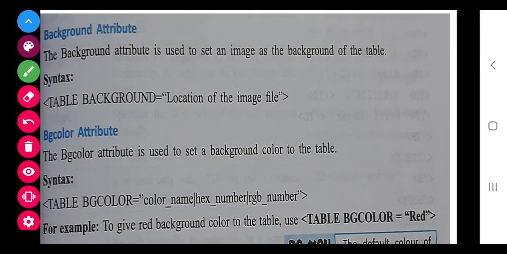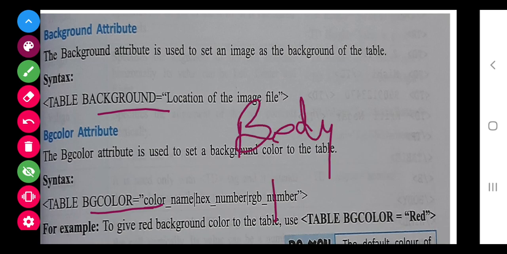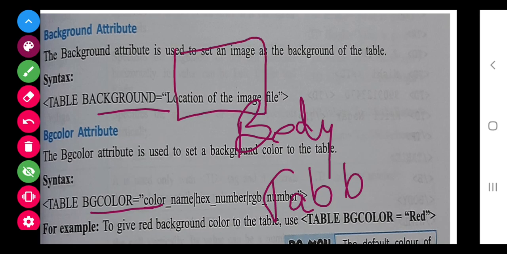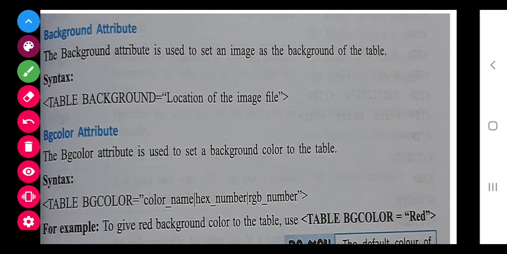BG color again, we can have BG color also. Background and BG color are two attributes of the body tag also, and they are attributes of table also, because table is itself a space where we can fill a background and a color also. So you try this.